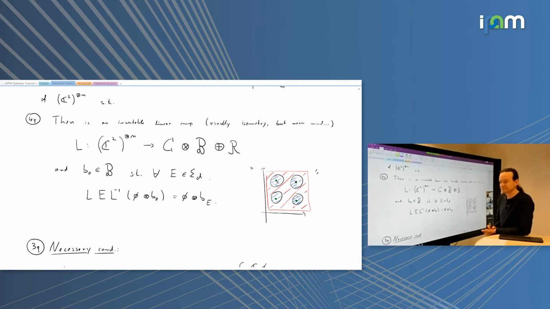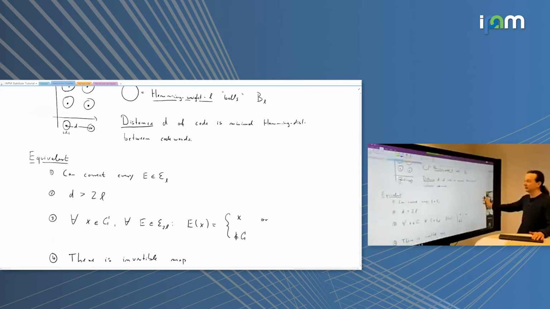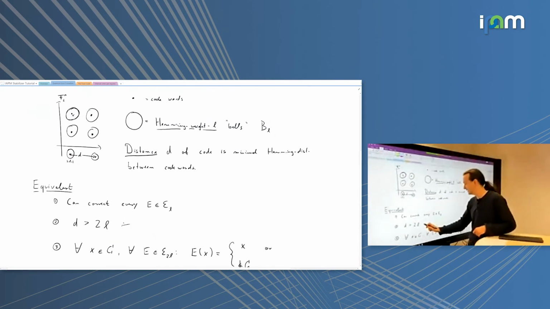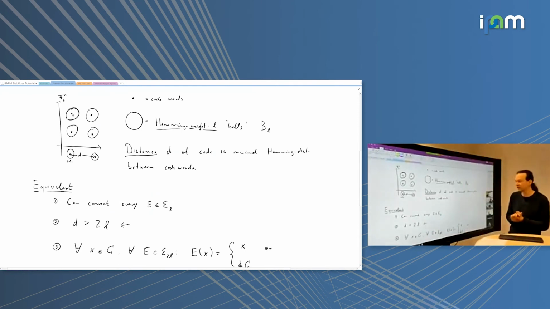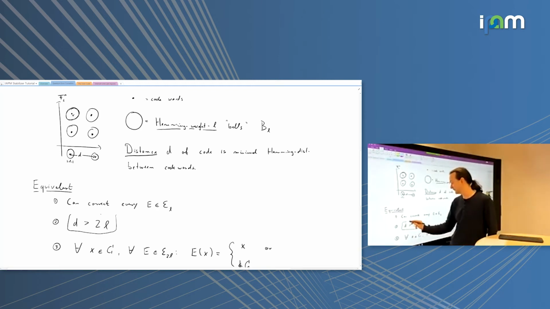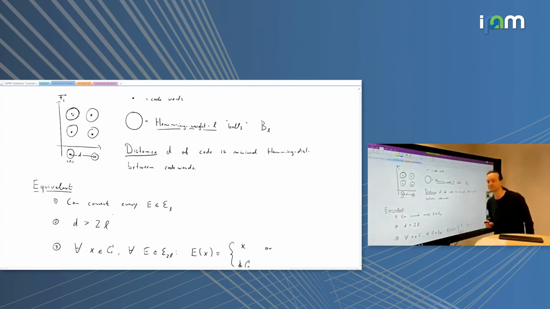There was also a quick clarification question about notation. Here it's a calligraphic E_D, but I think earlier we used E_L. Is there a difference? D is used for the distance of the code. So D is a property of the code, and L is a property of the transmission channel. L is how many bits get corrupted by the channel, and D is the distance of the code. If they have this relation classically, then I can correct. That's why the two letters are both relevant. Okay, good. Any more questions?